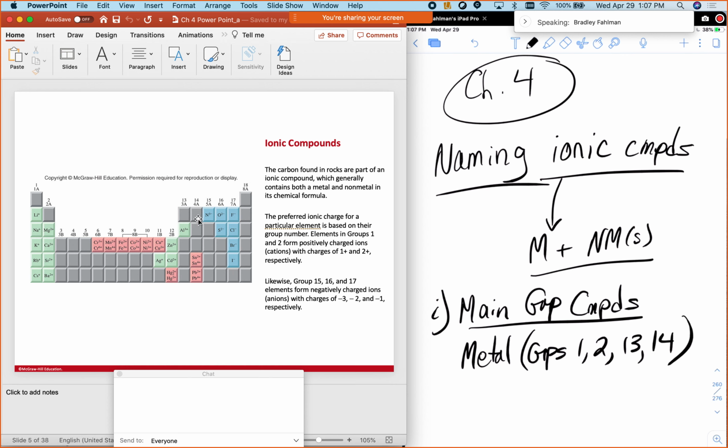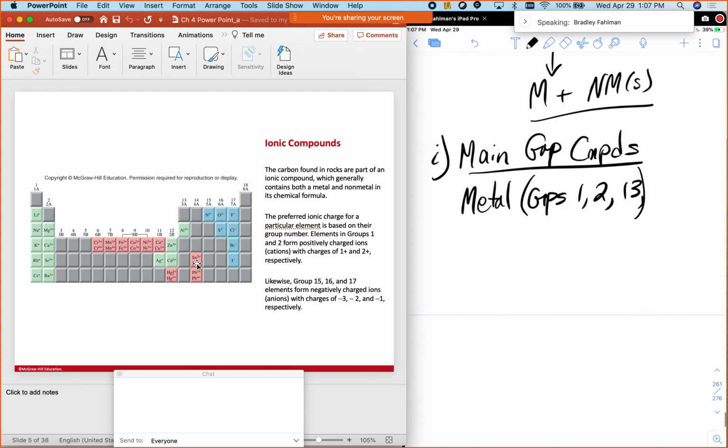The ones up here are nonmetals, but as you go down, like tin and lead, those are also metals. Yeah, let's just say actually 1, 2, and 13. Okay, so the naming for that is we really know what charges the metals have, so you don't use